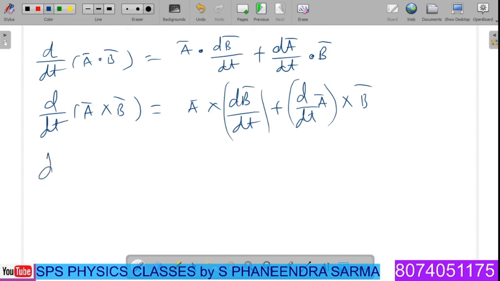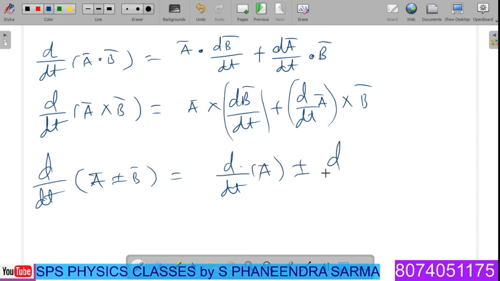Now suppose a sum or difference is there, d by dt of a bar plus or minus b bar. Then what do we have to take care of here? d by dt of a bar plus or minus d by dt of b bar we have to take care of here. On the other hand, if you try to elaborate the dot product further in the given problem, okay, imagine